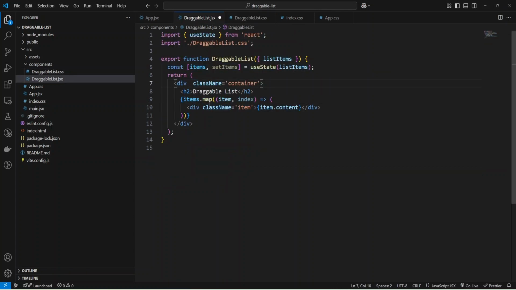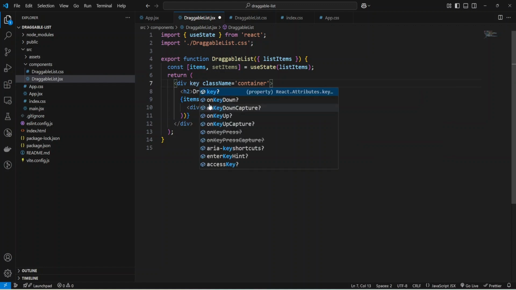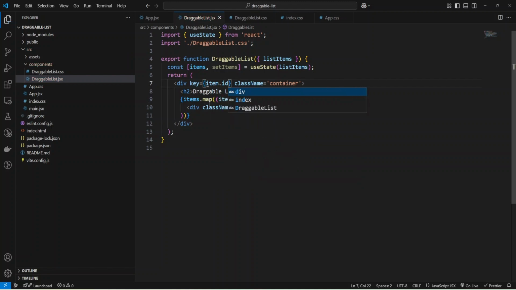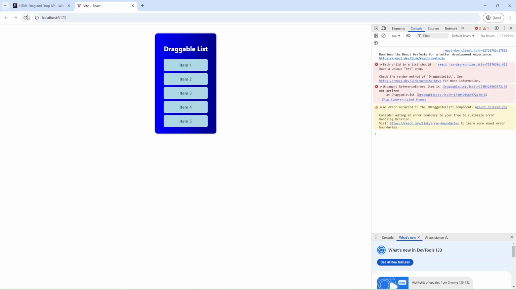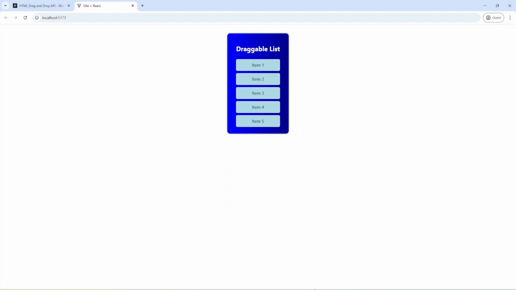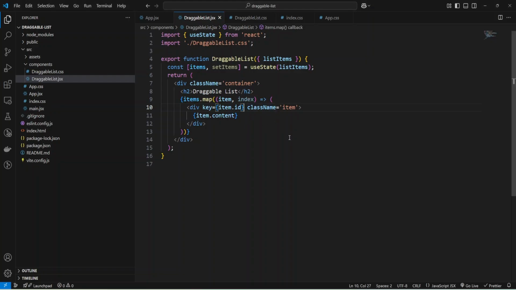And for each div, I'm going to add key and provide my item ID. Okay, and I need to do it inside map. Okay, and let's check now. I'm going to refresh the page, and as you can see, now we don't have this warning.